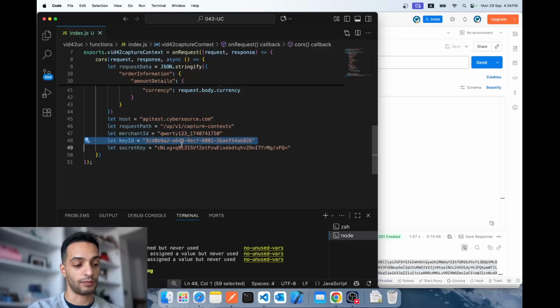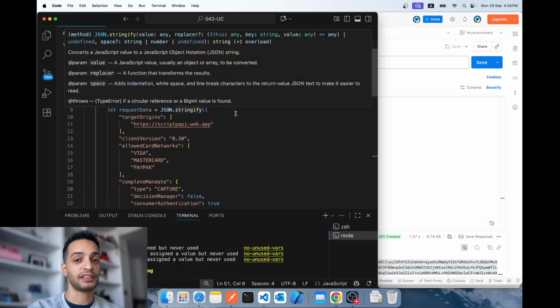ID, which I generate from my portal, secret ID, which I generate from also the portal when I create my API key. Then to create the request headers